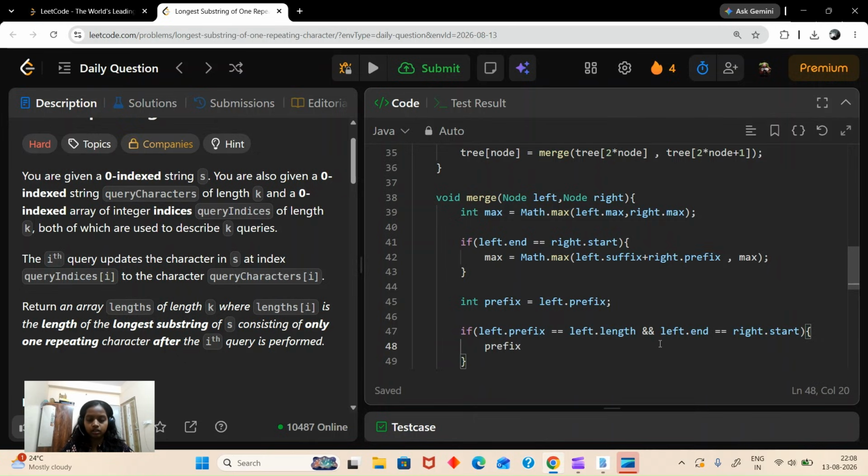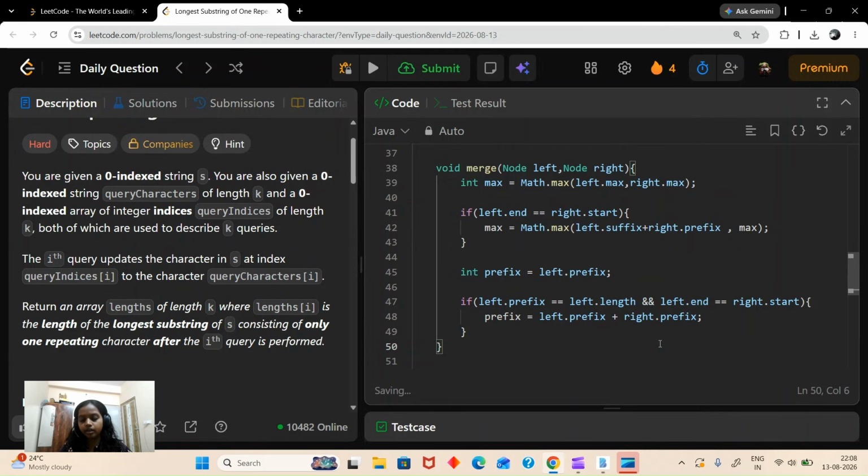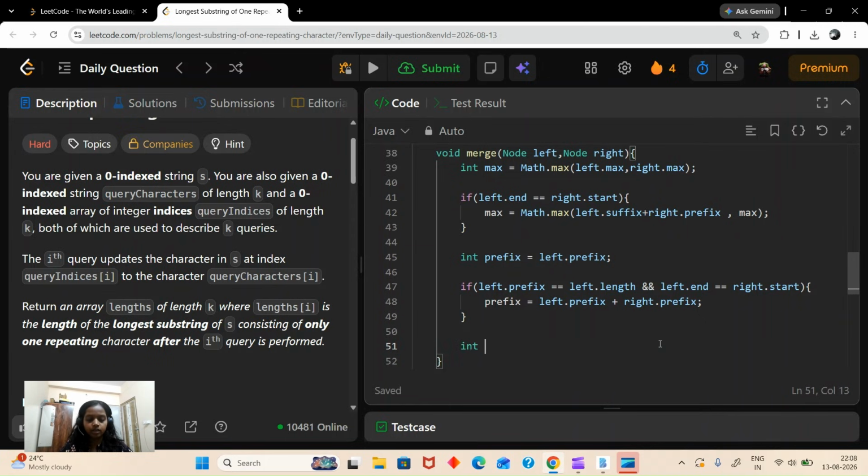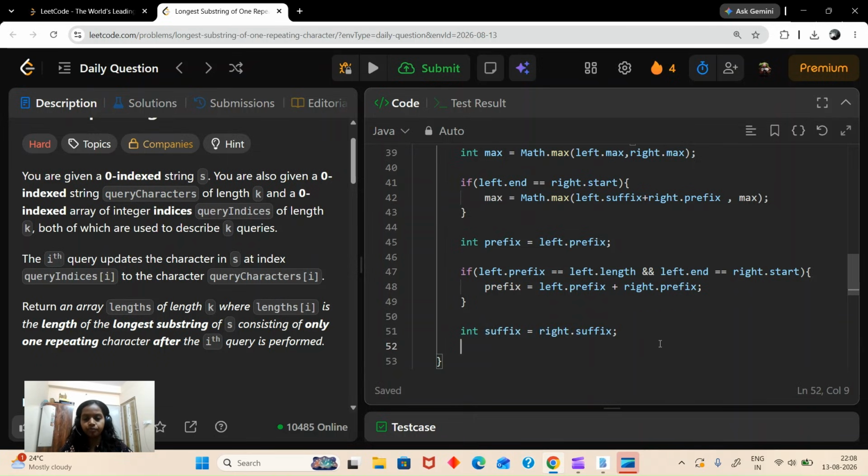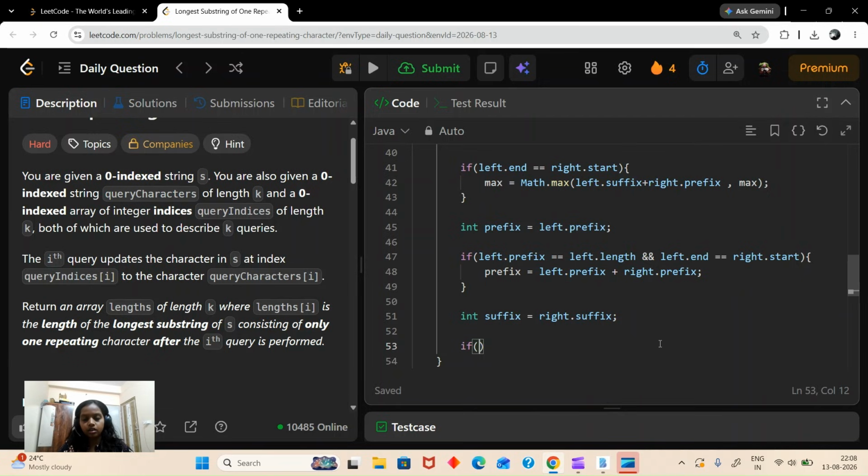Yes, prefix is equal to left dot prefix plus right dot prefix. Okay, you can also write left dot length. Now int suffix, let's calculate the suffix is equal to right dot suffix initially. Now if my right dot suffix is equal to right dot length, and same thing,